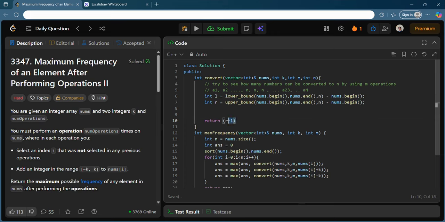So this is the number of numbers, R minus L. This will give me how many numbers are already n. So I will return how many numbers are already n